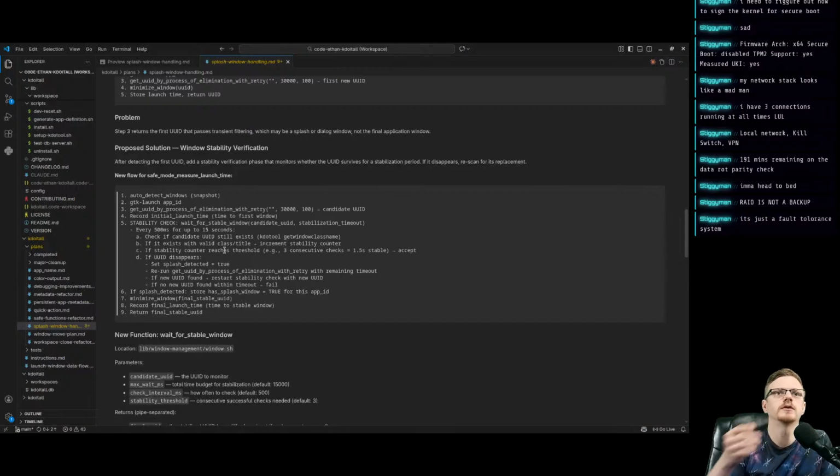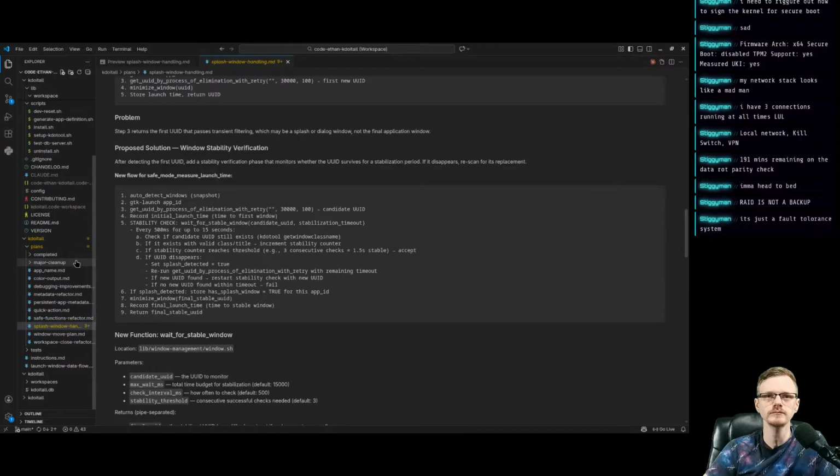The new flow is going to be, we'll record the initial launch time, do the stability check, wait for stable window, check if the UUID still exists, if it exists with a valid class title, if stability counter reaches threshold,